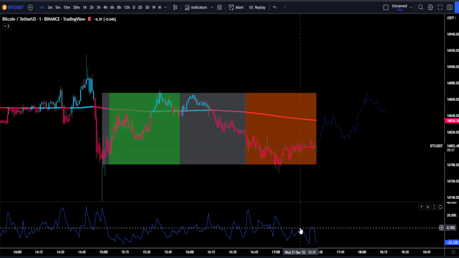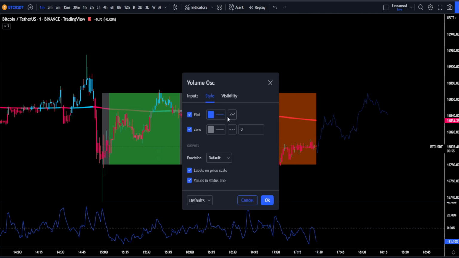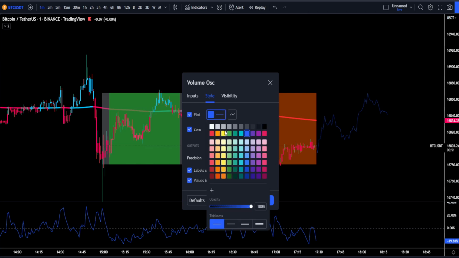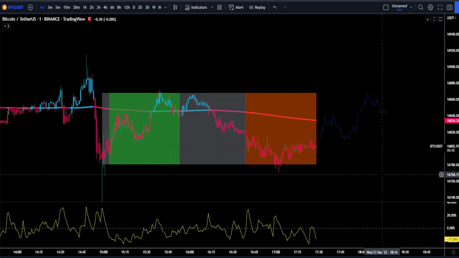Now let's change our volume oscillator, and for this we're just going to head over to our style section, and we'll be changing the color of the line to make it a little more visible. That is all we need to actually do. Now let me show you how we will